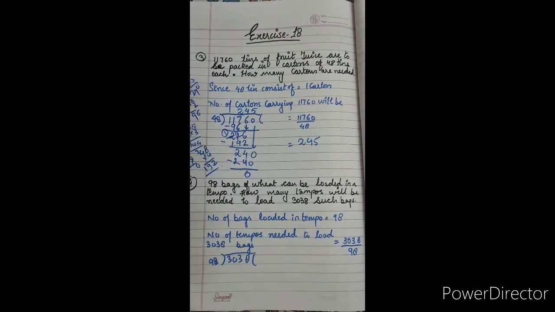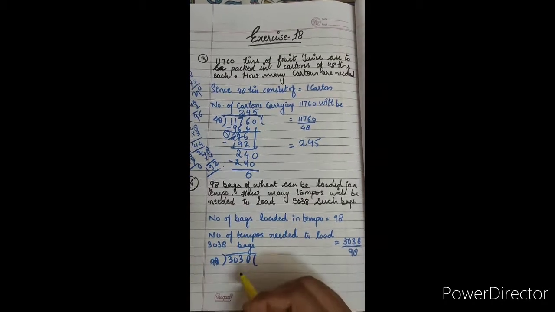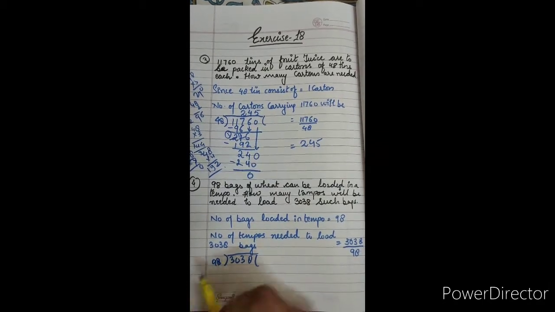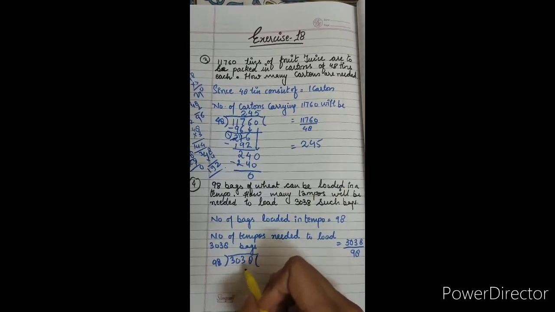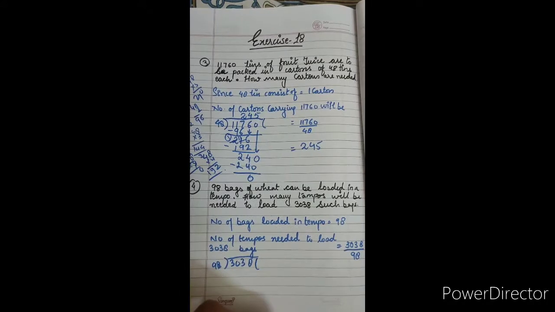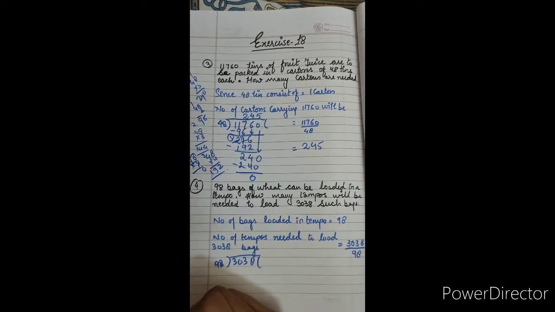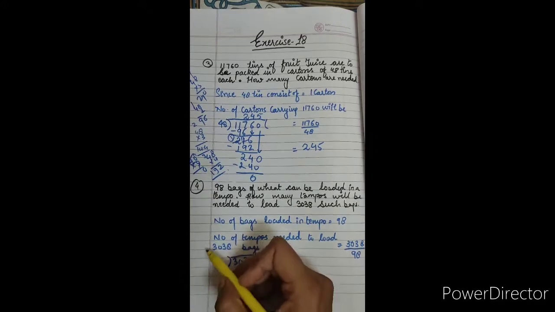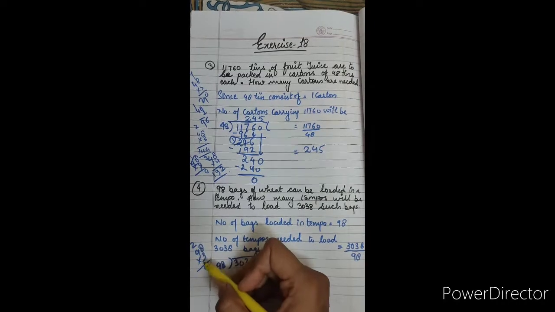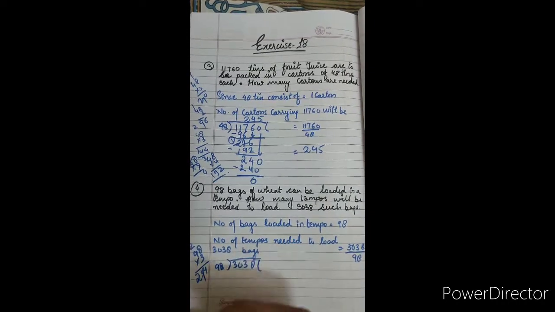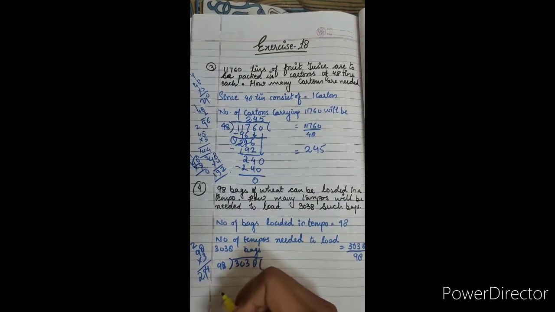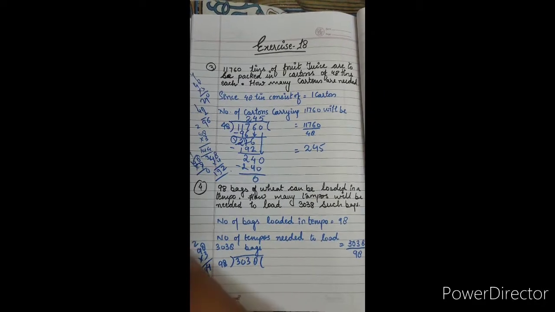So divisor is a 2-digit number. So taking 2 digits from the left hand side, 30 is less than 98. So taking 3 digits from the left hand side, 303. So now we check 98. Now we check 98 into 3: 3 8s are 24 and 9 3s are 27, 28, 29. 294 is near about 303. So 98 3s are 294, right?